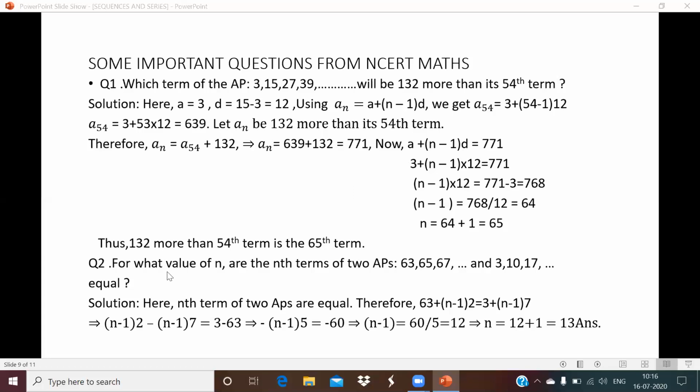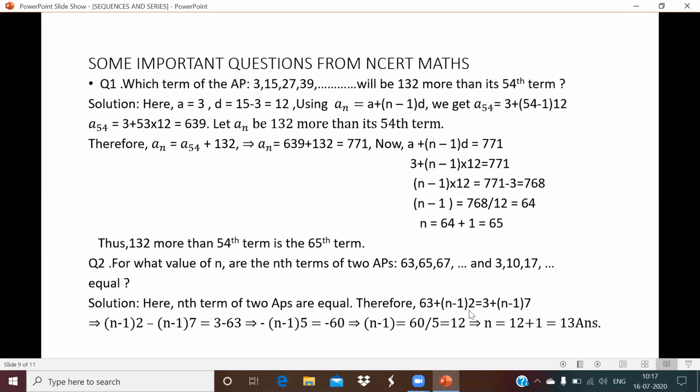Now, question number 2. For what value of n are the nth terms of two APs, this is the first AP, this is the second AP, equal? In both APs, the nth terms are equal. That's why what we have written, nth term. And where is the nth term? You can see here,